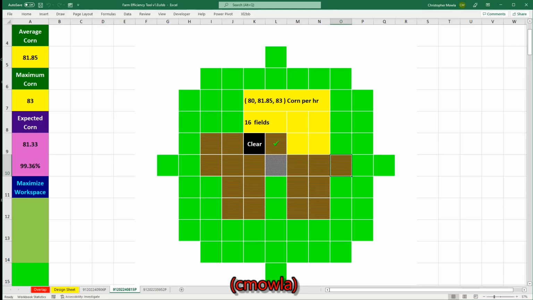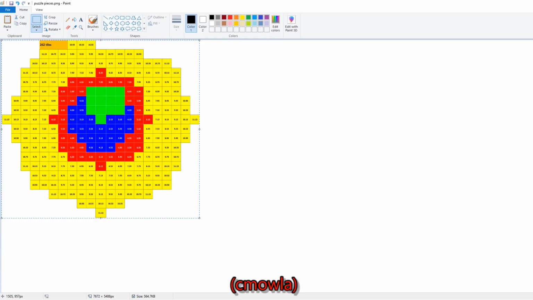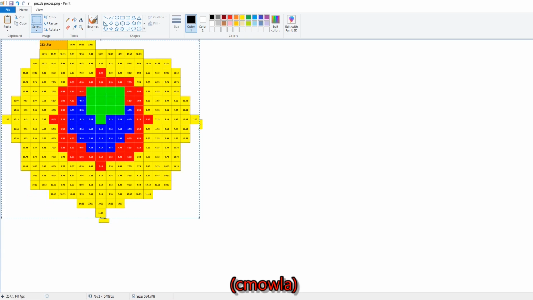And this is 99.36 instead of 100%, because this expected corn value, when you combine multiple farms, is going to be slightly less than what the ideal is, because unless you space them out this much. So for example, if we just play with this in Microsoft Paint, so I have one, I have another one,